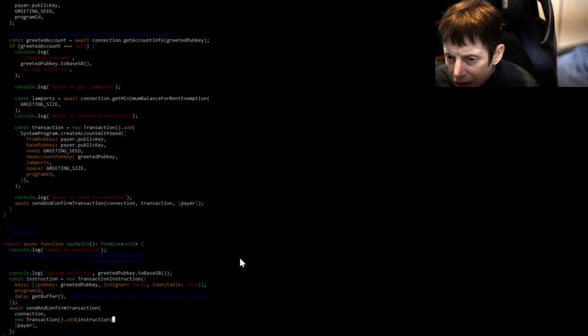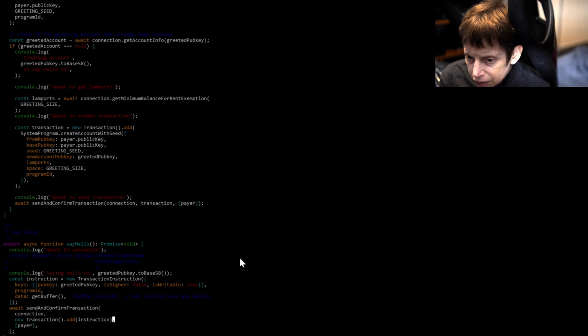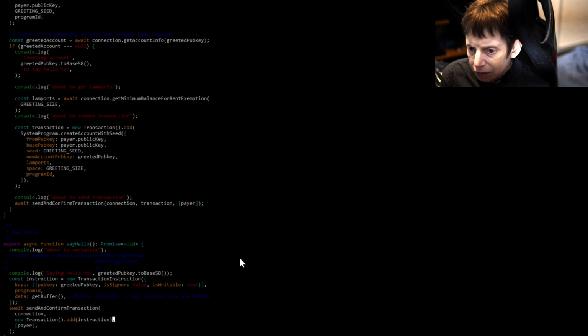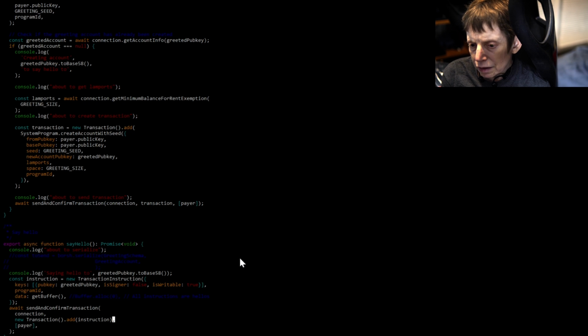But then, say hello is where you create your instruction. Notice it has the key, the signer, and then it has program ID and the buffer, which we know we sent. Again, we're doing another transaction where we're sending the instruction. And connection, transaction, which has an instruction. And that's all passing it to our code. And then the payer. So the key thing, if you want to pass stuff to the program, is it has to go in that data field in the instruction. And from what I understand, the data is where stuff is actually passed around and stored in the, so